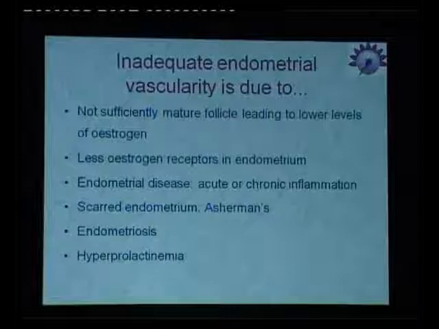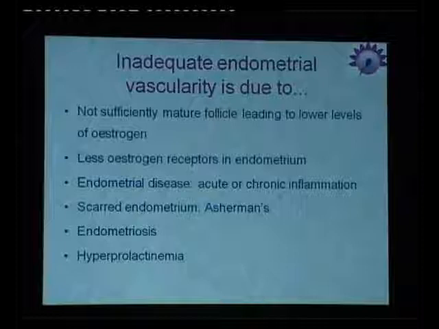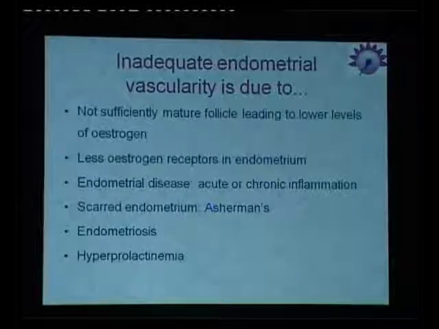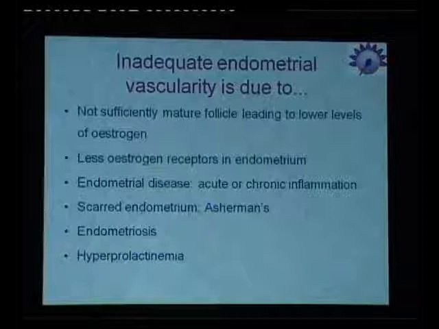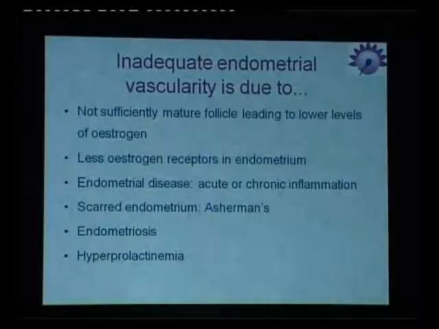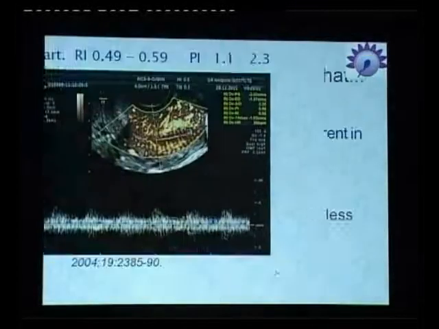It might not develop in some cases, and the first and the most important cause is inadequate follicular maturity. So don't go by the size of the follicle. You have to assess the follicular maturity by Dopplers, and that we will see in the next presentation. Less estrogen receptors in the endometrium, in which cases you might have to give them some capillary enhancing agents. It may be because of local disease in the endometrium, inflammation or Asherman's or endometriosis, which has an immunological cause also to not allow the endometrium to develop, the vascularity to develop, and of course hyperprolactinemia. These vessels must have an RI of less than 0.6, and